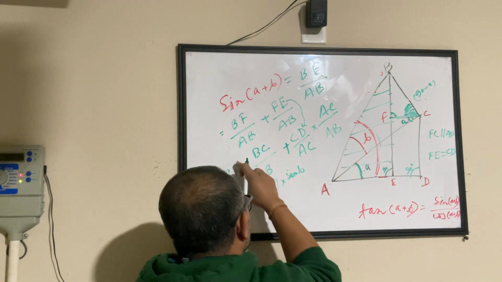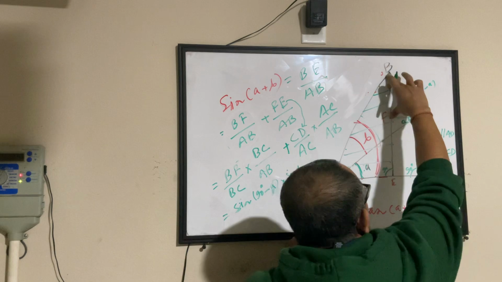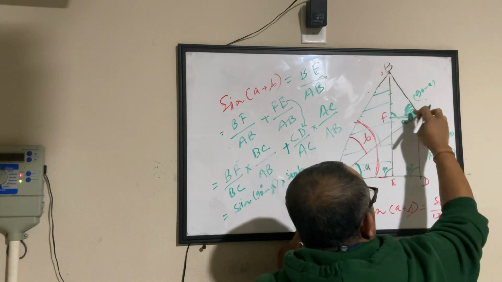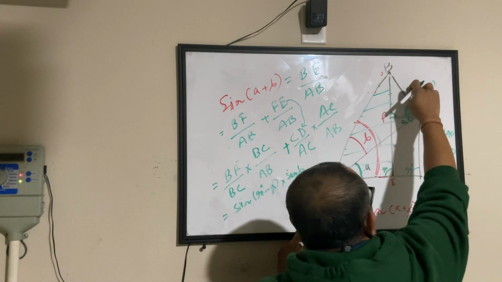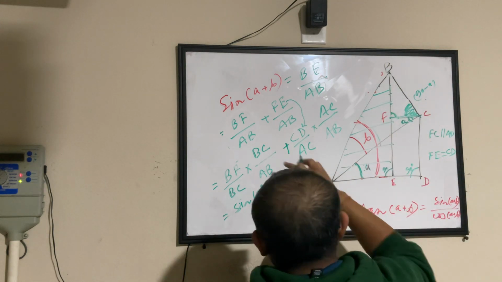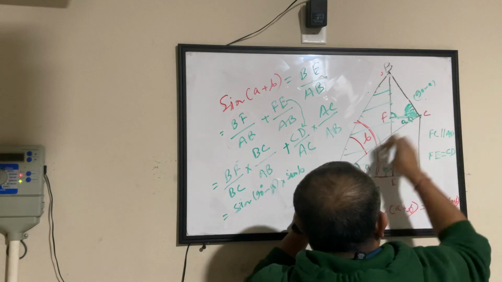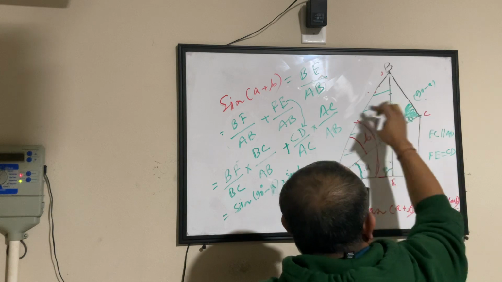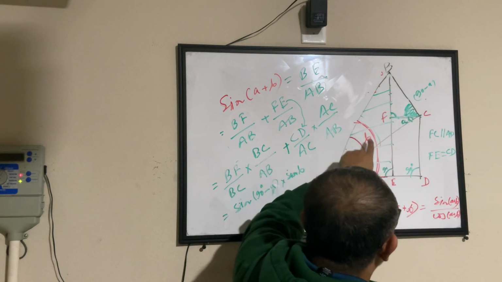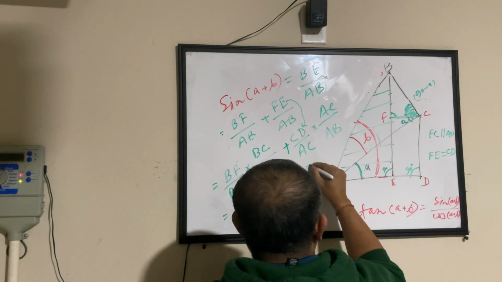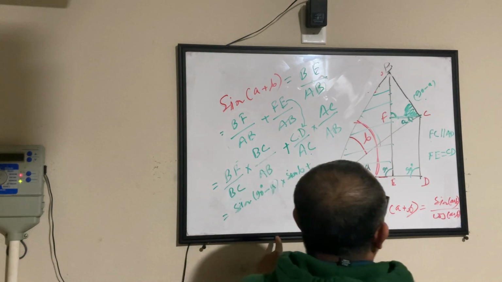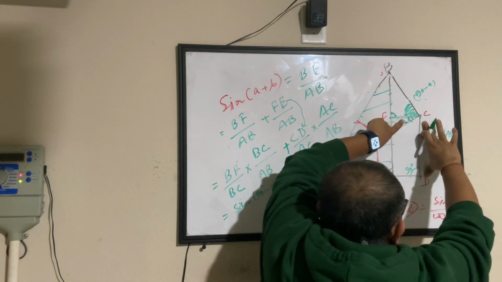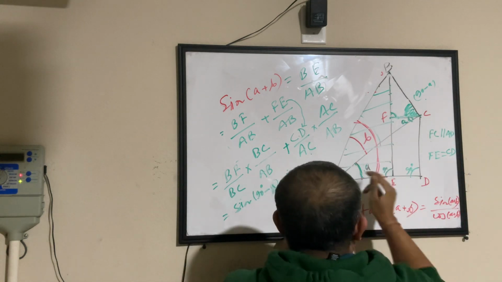First one, BF by BC. BF is opposite to this angle. So sine of 90 degree minus A, and BC by AB in this right angle triangle. BC by AB is nothing but sine of B, because this is by angle B. Similarly, this part will become CD by AC. This is by angle A. CD by AC will be sine of A